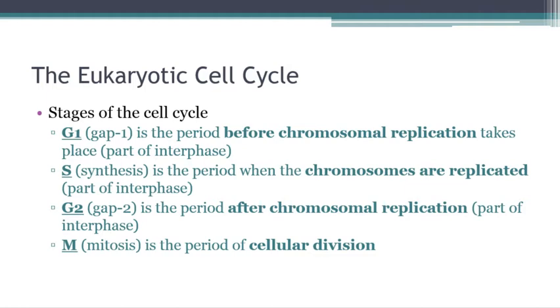You know, there are, like I said, checkpoints and things that have to happen before the cell can move to each different stage of the cycle, right? And so we're not going to talk about those, but I do want you to understand that that's true. I mean, there are lots of mechanisms where the cell can actually stop cell division if things are not going well at any point in the cell cycle. Okay, and then the last part of this stage is going to be the M phase, which is mitosis.